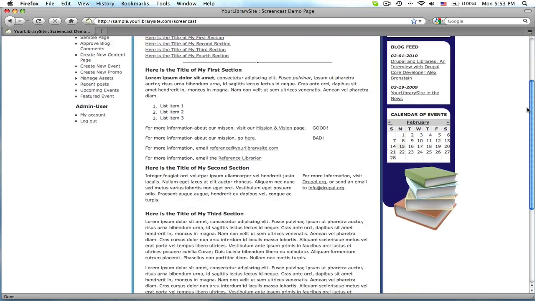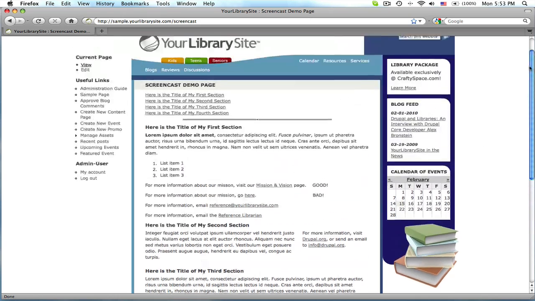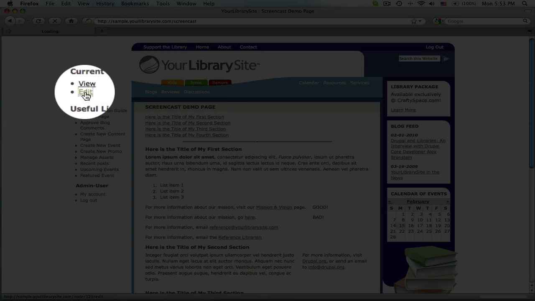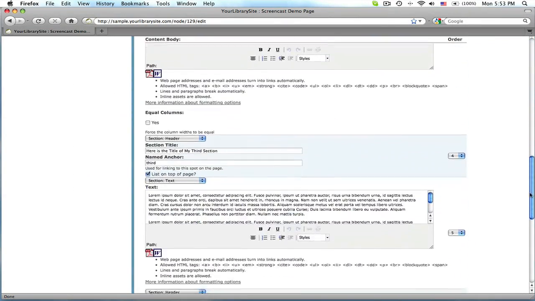I've got a lot of text on my sample page, and I think it would look good to place a photo in my third section. To do that, go up to the left-hand menu. Under Current Page, click on Edit,